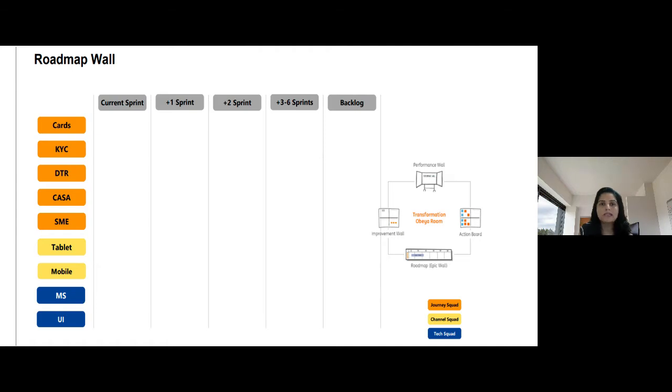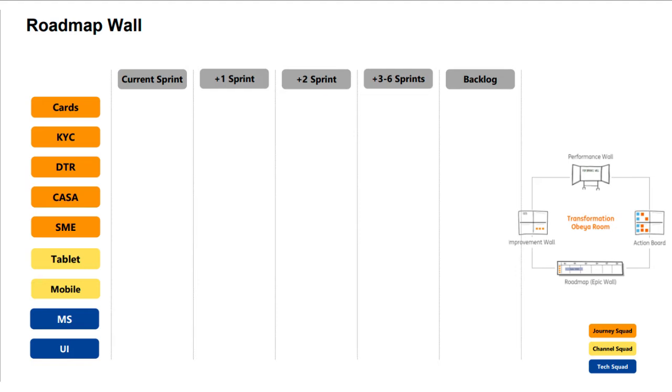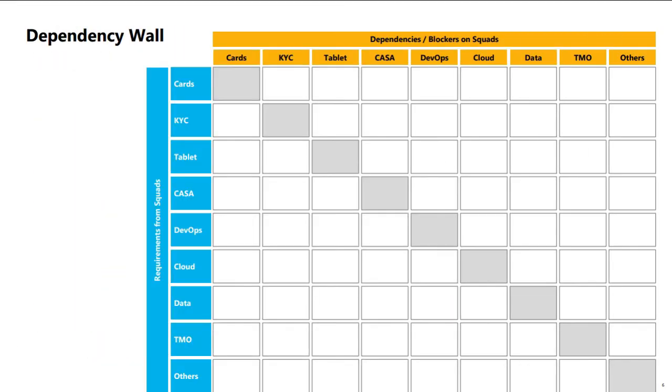And then they show the current sprint, +1 sprint, epics of +1 sprint, +2 sprints, +3 to 6 sprints, and backlog. So that particular wall has all the quick epics, and anybody who is not even familiar, if they go into that room, will have a quick view of all the epics any Scrum team is working on.